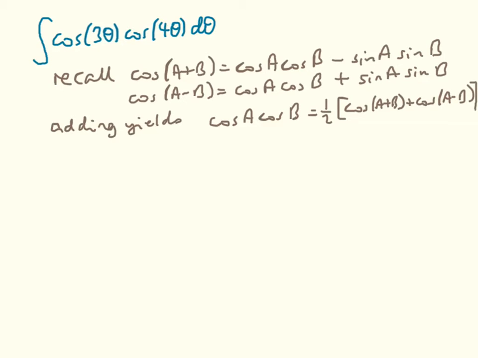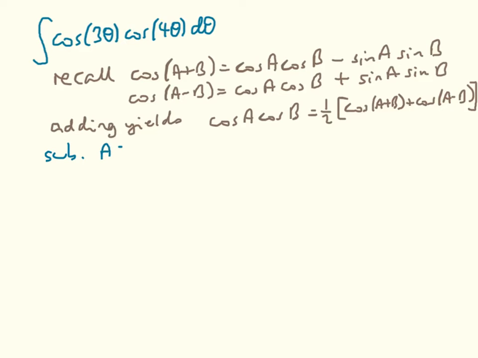So now we can take this result with a being 3 theta and b being 4 theta, substitute it into here, put it into the integrand, and this is going to be easy to integrate, and so will this be. So substitute